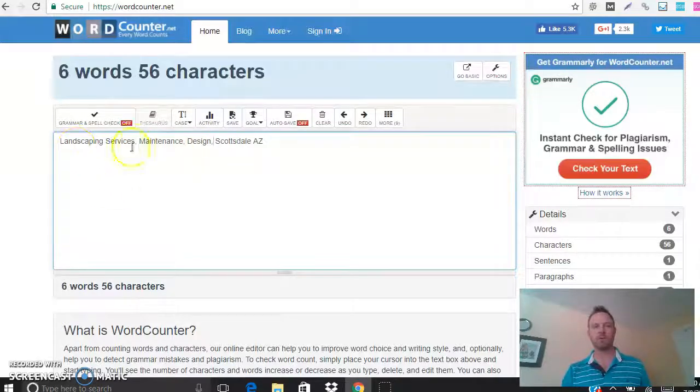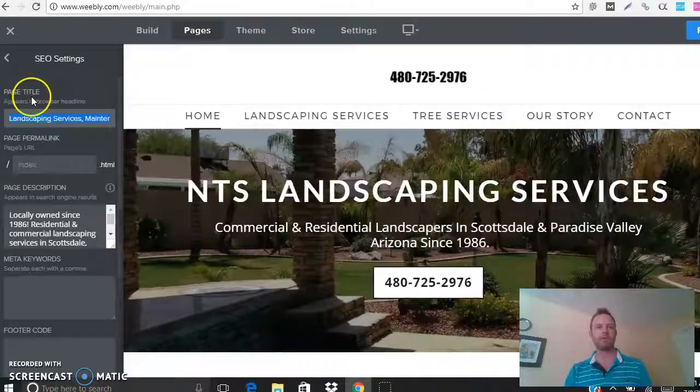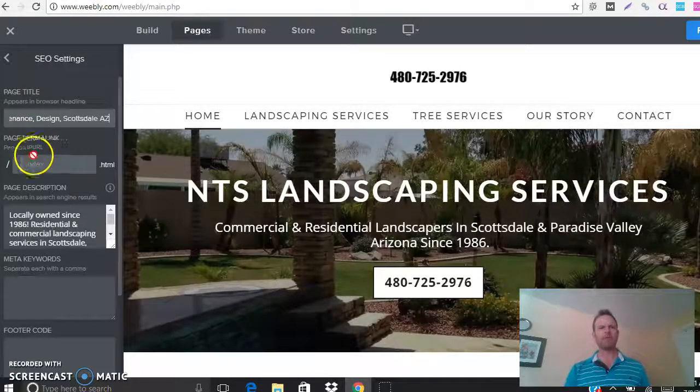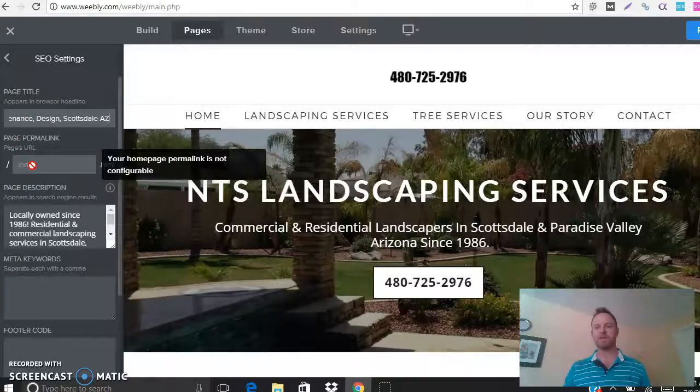So once again, we're using all the keywords that we want to get found for first and foremost in the page title, and then we're also using the city plus the state abbreviation, and you can see we're exactly at 56 characters, which is how much we have to use in this little space. So we're going to go ahead and copy this now that we have the perfect site title and the perfect amount of characters. We're going to go back to Weebly, and we're going to paste that into the page title. Now for the page permalink, there's nothing we can do here because it's the home page, so obviously it's just going to be